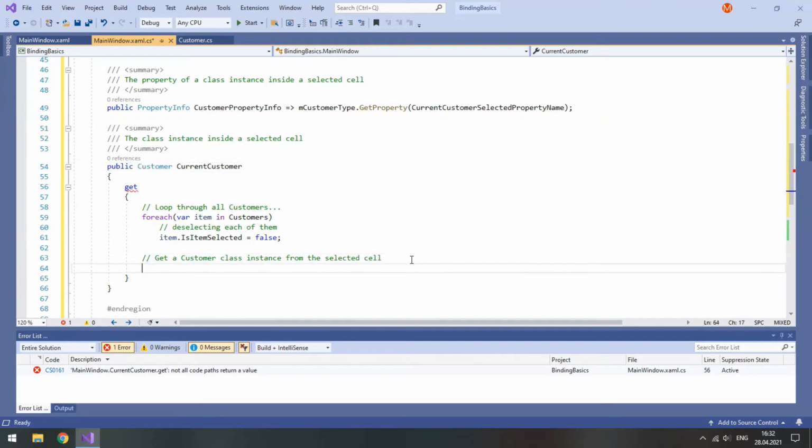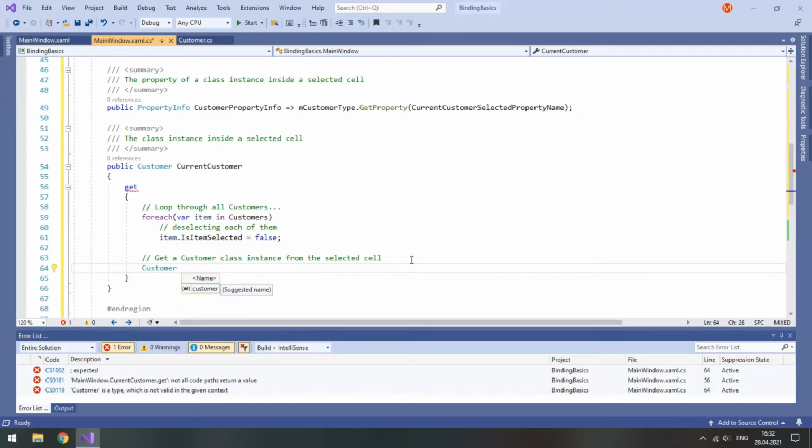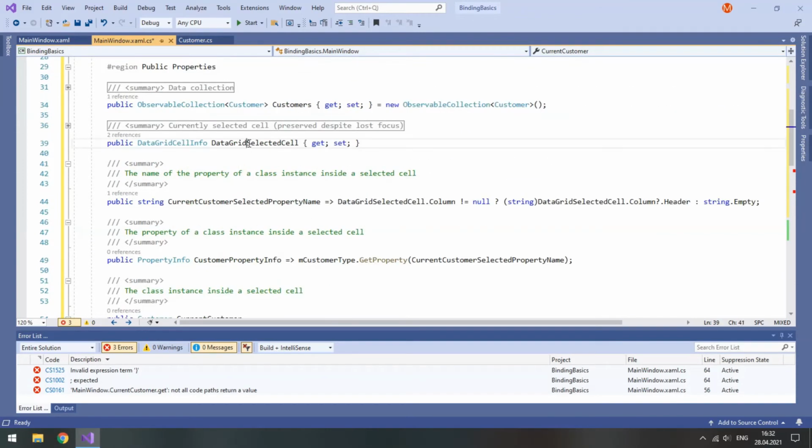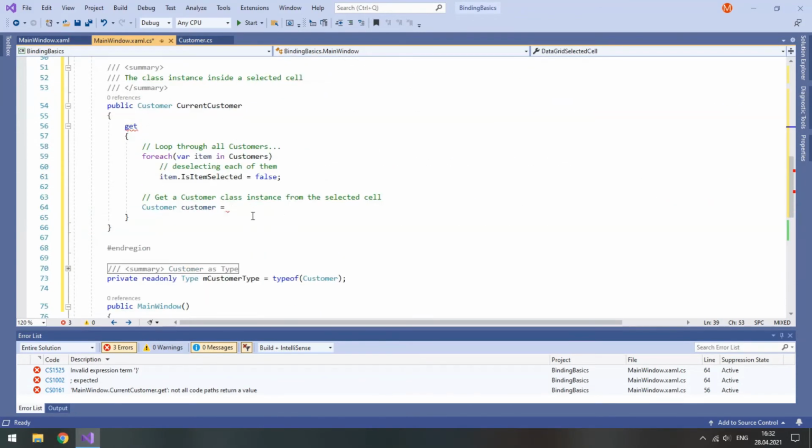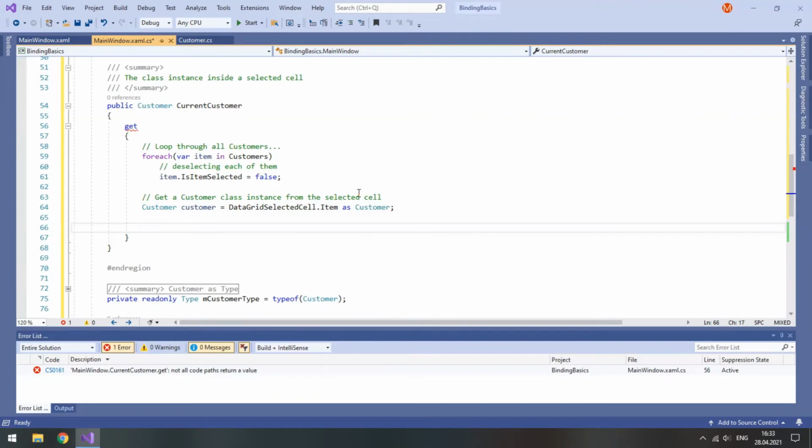So customer, let's name it customer, will be equal to data grid selected cell, but not itself, rather its item as customer. And then we need to check if the class instance was obtained.